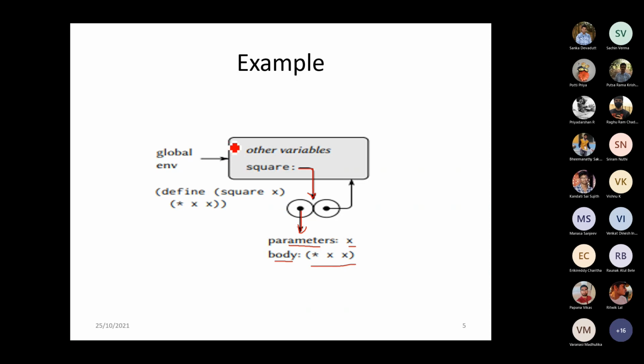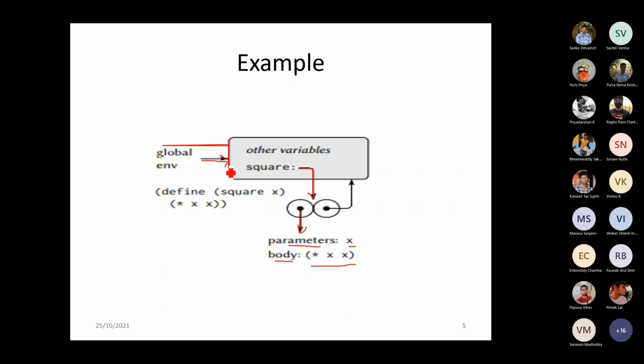So what I meant is, each rectangle box we are drawing here is called a frame. Each frame will be given some kind of name.